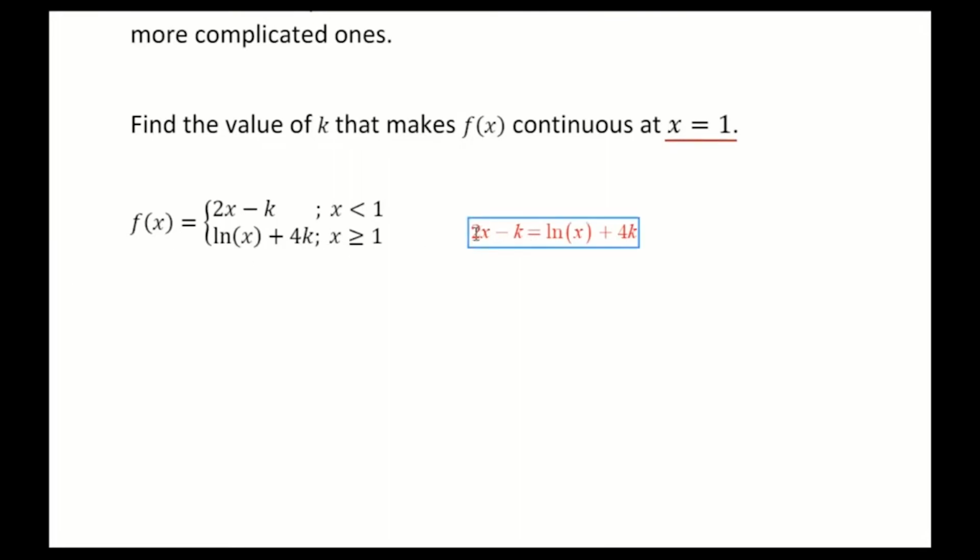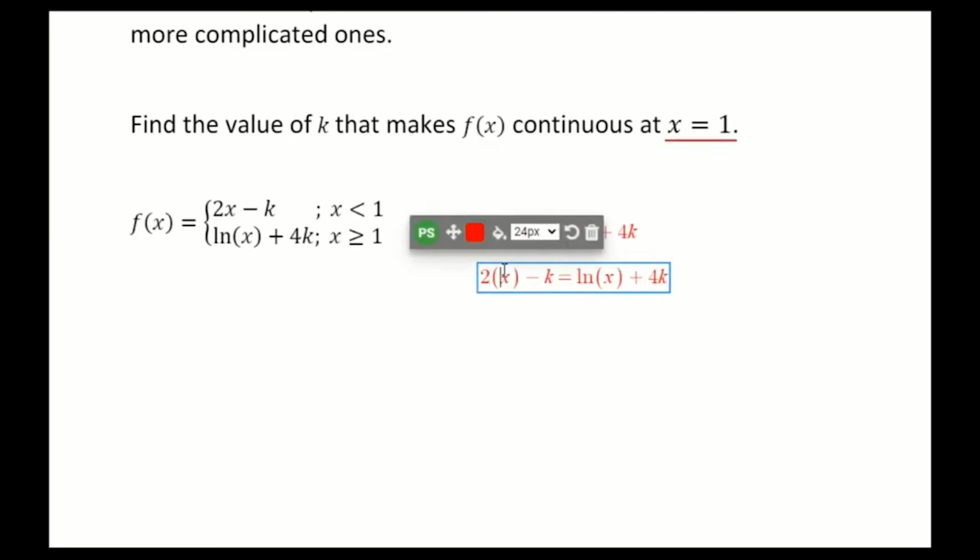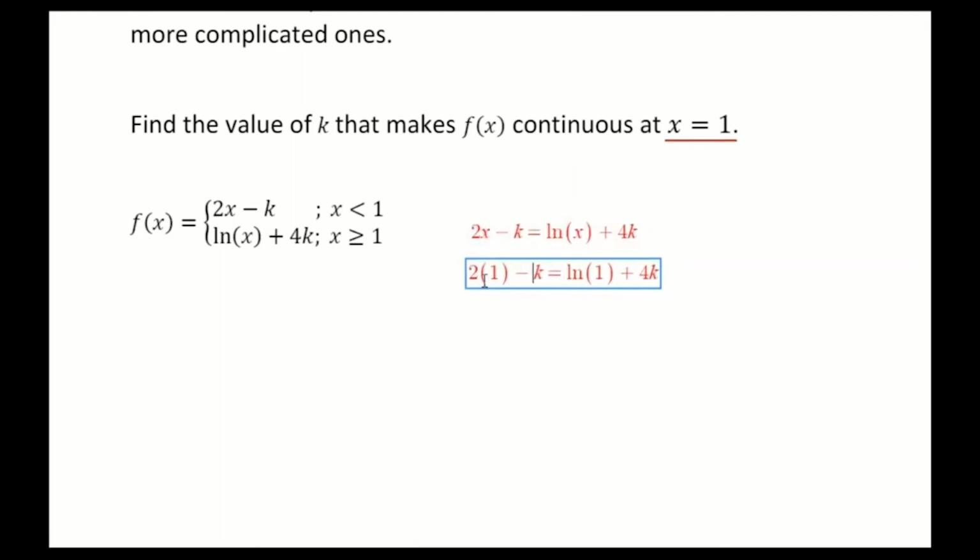So what I'm going to do is plug in 1 for x everywhere I see x, so 2 times 1, natural log of 1, and then we're going to solve this for k. Now, luckily, 1 is a convenient number, especially because we're dealing with logarithms here. The natural log of 1, and actually the log base anything of 1, is going to be 0, because anything to the 0th power is 1. So we've got 2 minus k